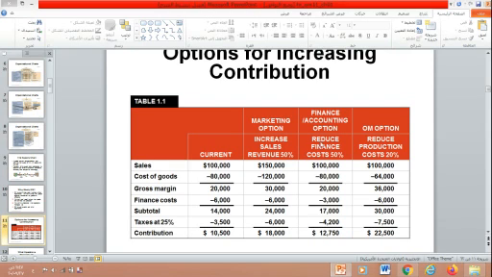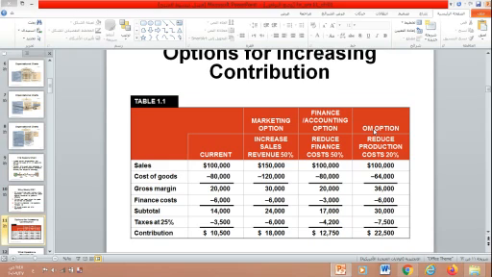And how can we calculate it? The contribution in the financial or accounting option, 12,750, minus the original contribution, 10,500, over 10,500, gives a percentage increase of 21%. But it is still very difficult and impossible to be applied. Okay, so we are thinking about another option in order to increase our profit or contribution, which is the operation